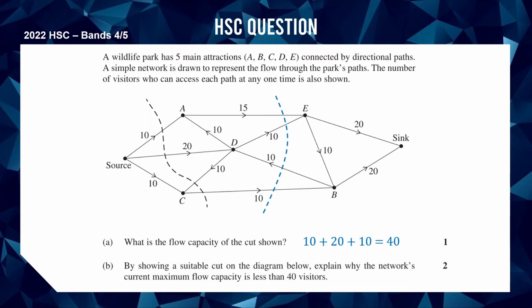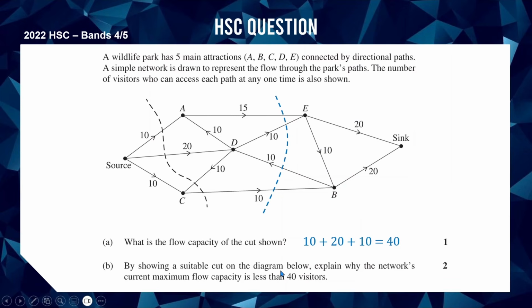Let's check this one. Okay, this one has a 15 across the top, a 10 across there, a 10 across there, and this 10 is going in the wrong way. So this 10 is actually not going to get counted. That's really good news, because now when I do 10 plus 10 plus 15, I get 35. So I've found a cut with a capacity less than 40,